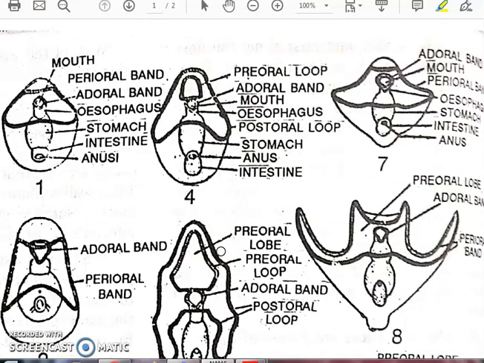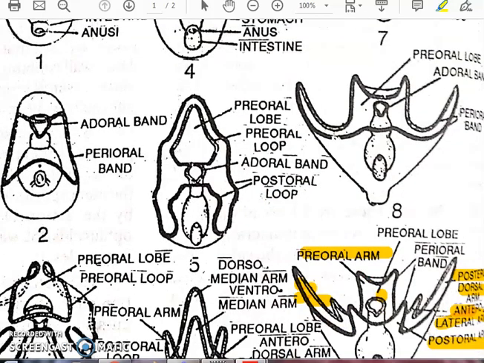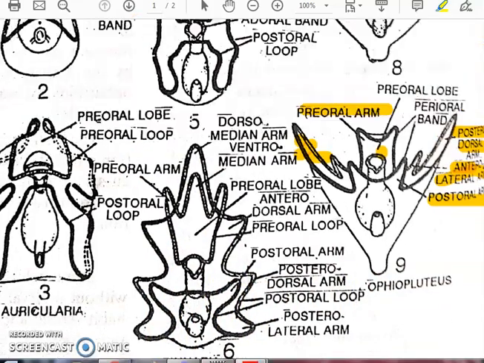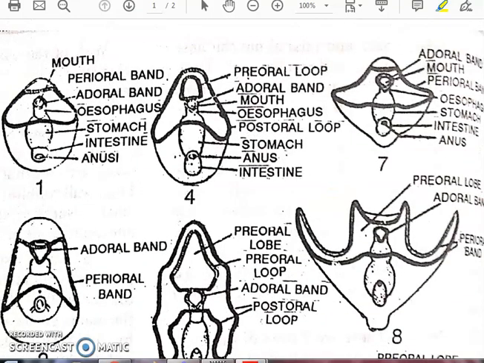As we have already studied the life history of the starfish and the three larvae found in its life history, the first picture depicts the Dipleurula larva. Then the fourth and fifth pictures show the Bipinnaria larva, and the next picture shows the Brachiolaria larva. We have already covered these three larvae, so I won't be repeating this. After Asteroidea, the next class is Ophiuroidea, which contains the pluteus or Ophiopluteus larva.